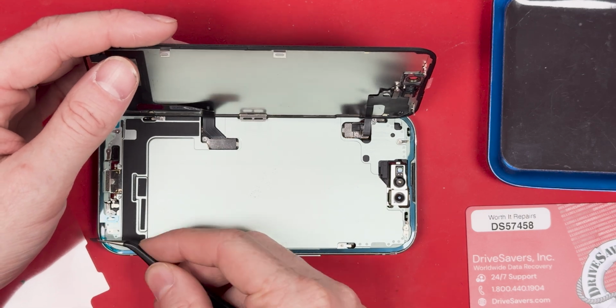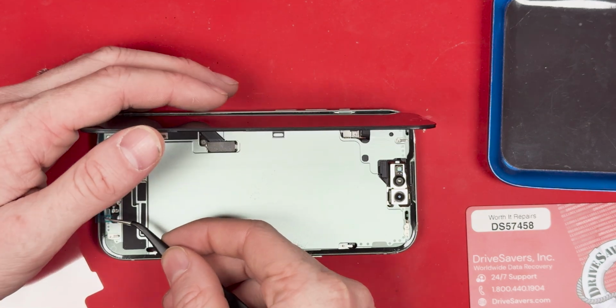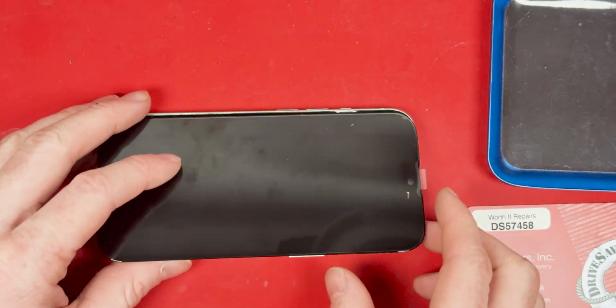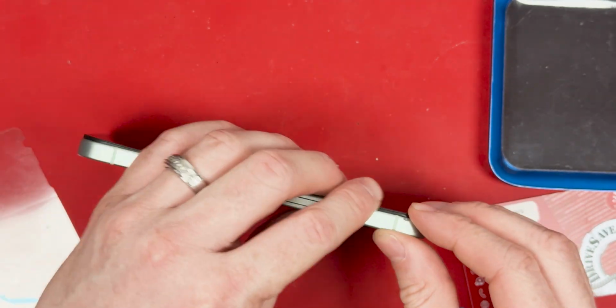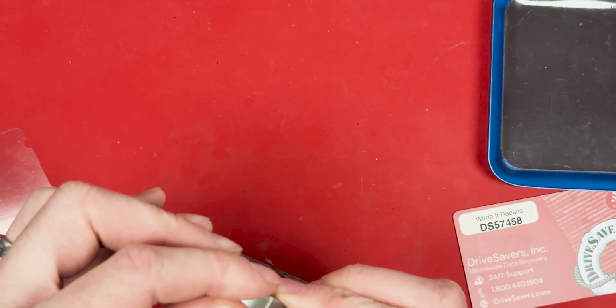Just watch the video and I'll show you how to put on these brackets. You just kind of slide them on, and it's hard to explain. Anyways, we're going to pull our adhesive tabs and get ready to lay down the screen. We'll pull the tabs, and I lay down the screen initially,